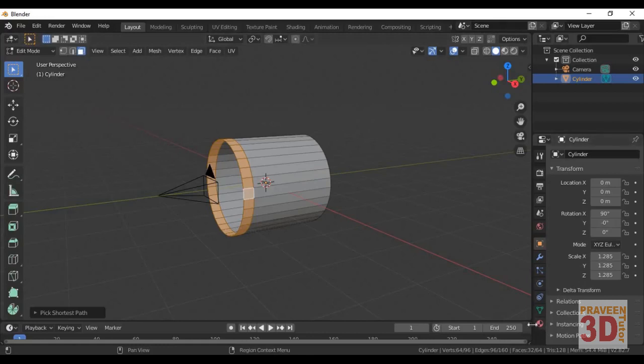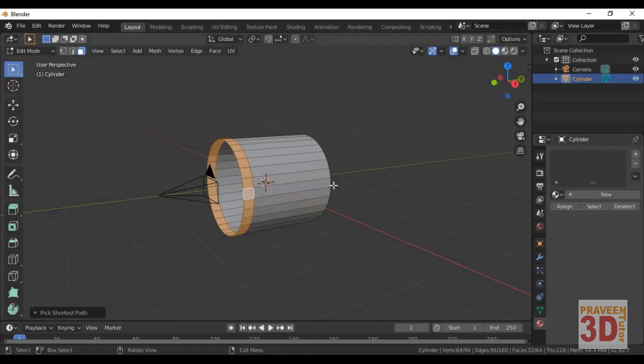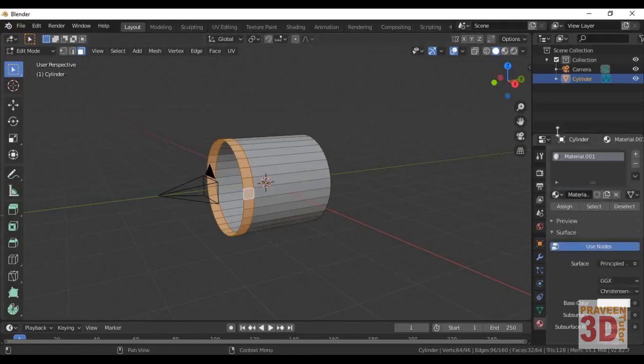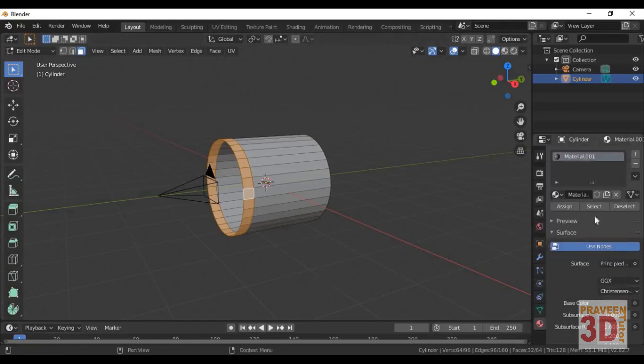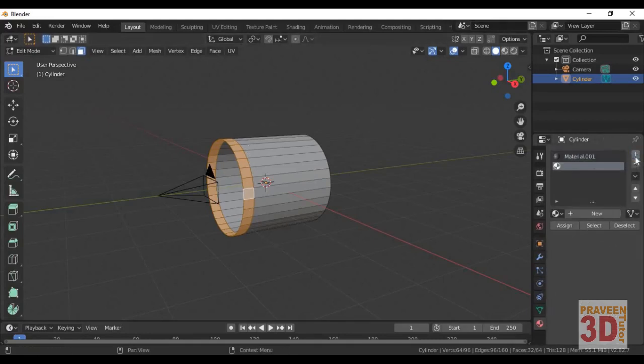Next we need to add material to our cylinder. Click on new, then we will add a grayish color to our cylinder. Then we will create another color for this selection area, click on plus, then new.